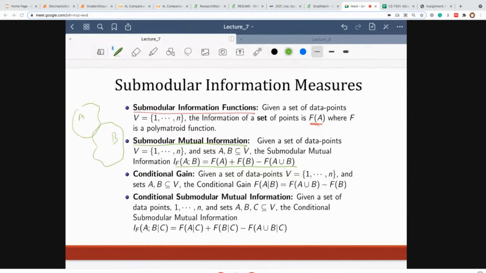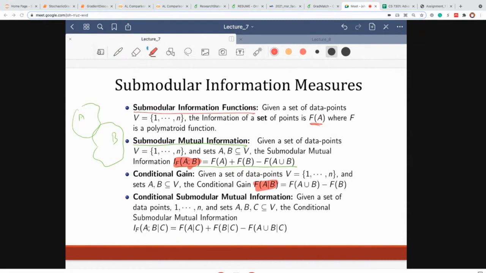Given the subsets of items, I have f of A plus f of B minus f of A union B. Right now, this is just a mathematical property that you can define such a quantity, which is I_f of A comma B. You can similarly define the notion of conditional gain, which is f of A given